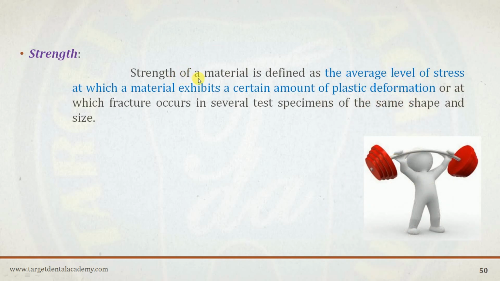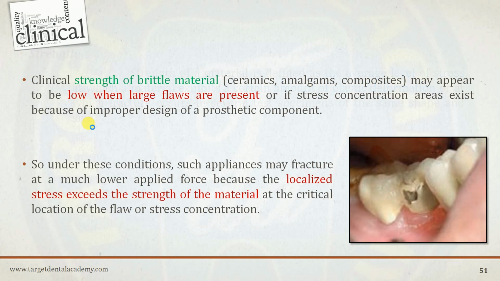Coming on to the strength. The strength of a material is defined as an average level of stress at which a material exhibits a certain amount of plastic deformation, or at which fracture occurs in several test specimens of the same shape and size. Clinically, the strength of brittle materials, that is ceramics, amalgams and composites, may appear to be low when large flaws are present. When large flaws are present, you can get fracture,